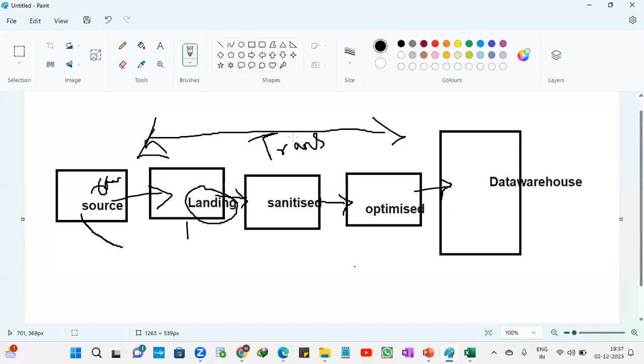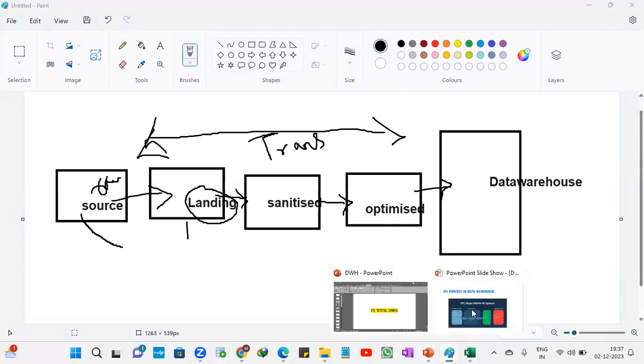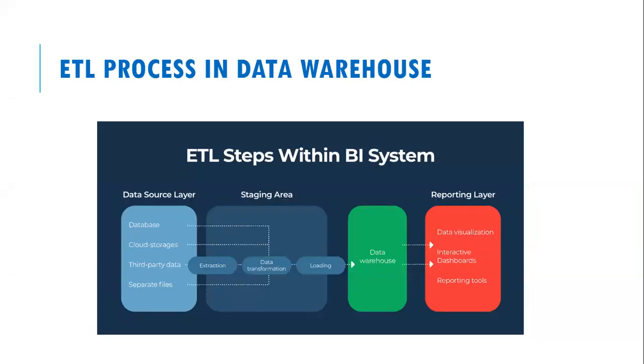Everything will be mentioned in the mapping sheet. Got it, Subhasri? Yeah, I know all this. It's the STM document, the source target mapping document, where the source and target details are given, and we have to apply the transformation logic on the source and load the data into the target.